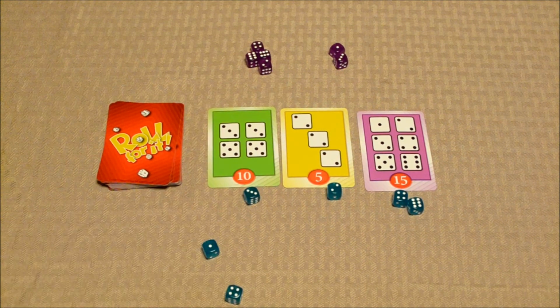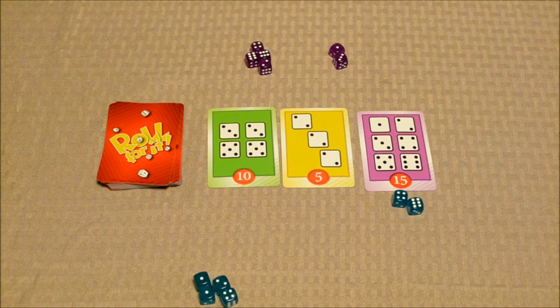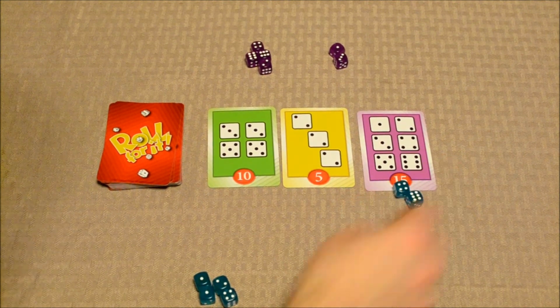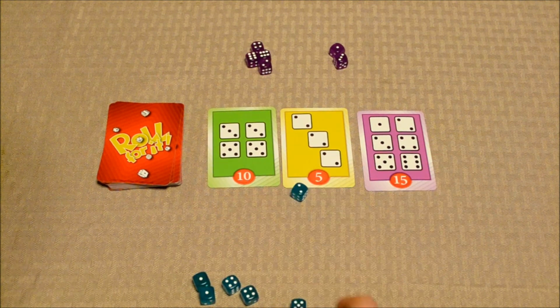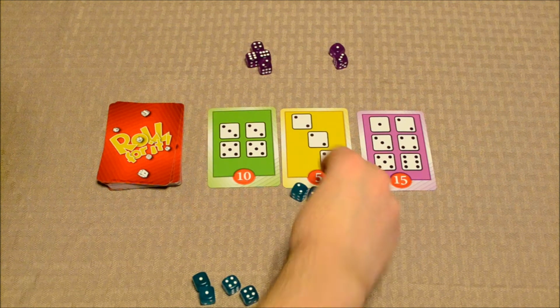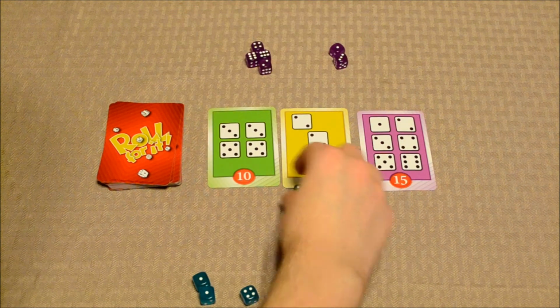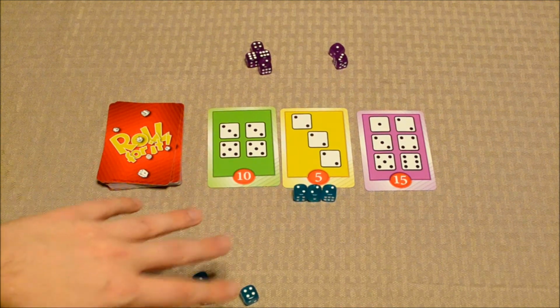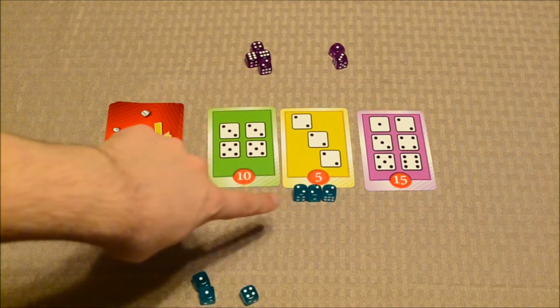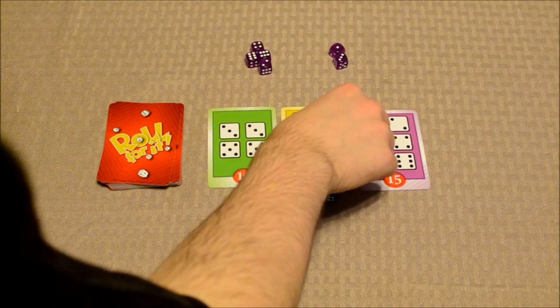And that actually leads me to my next phase, the score it phase. When a player completely matches a card with the dice that they've assigned to it. In this case, let's say that this player had rolled 3 2s and put the 3 2s like so next to this card. Now in the score it phase, the player could then